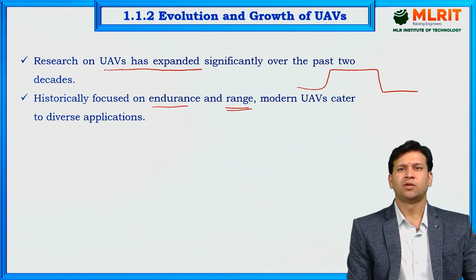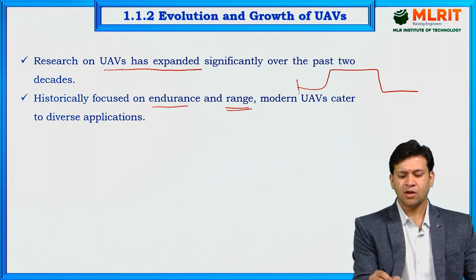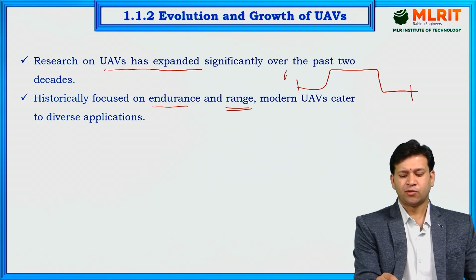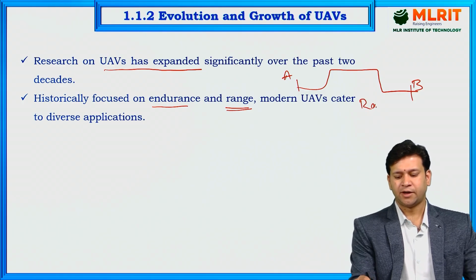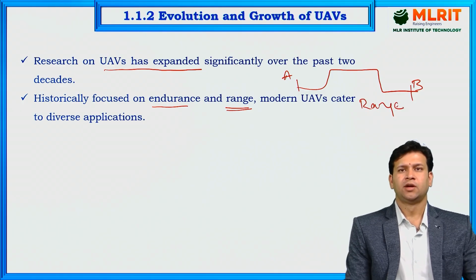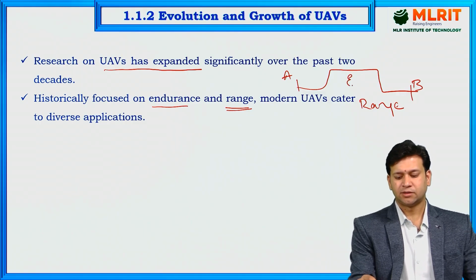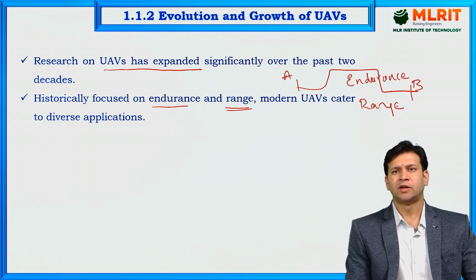this is a mission profile of any aircraft, manned aircraft or unmanned aircraft. This is a basic mission profile. So, with one payload of fuel, from starting point A to point B, the distance which is covered with one payload of fuel is called range. And the flight time between A to B is called endurance. With one payload of fuel, the amount of time which the aircraft spends in flight is endurance.